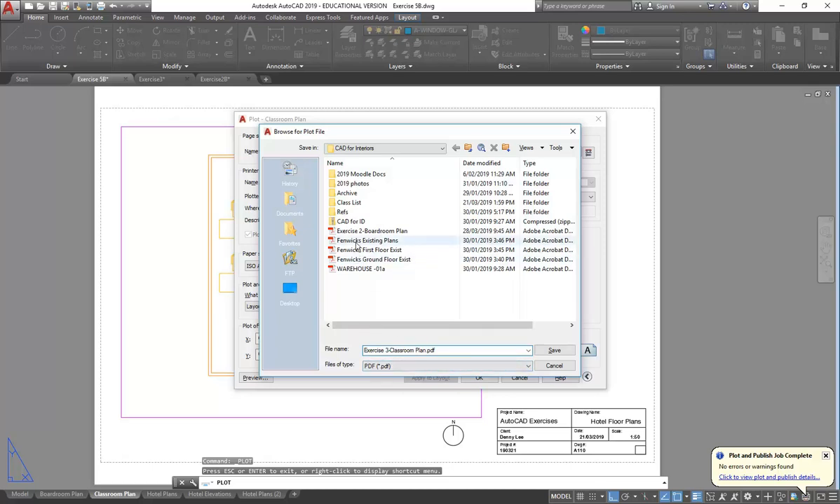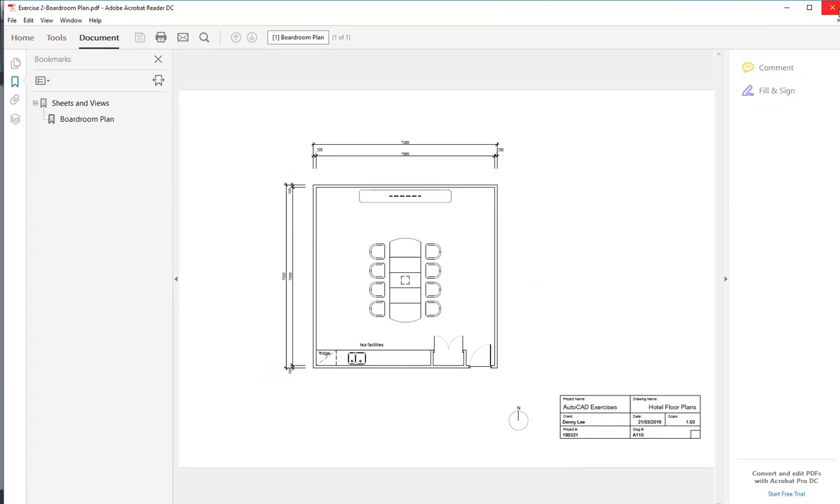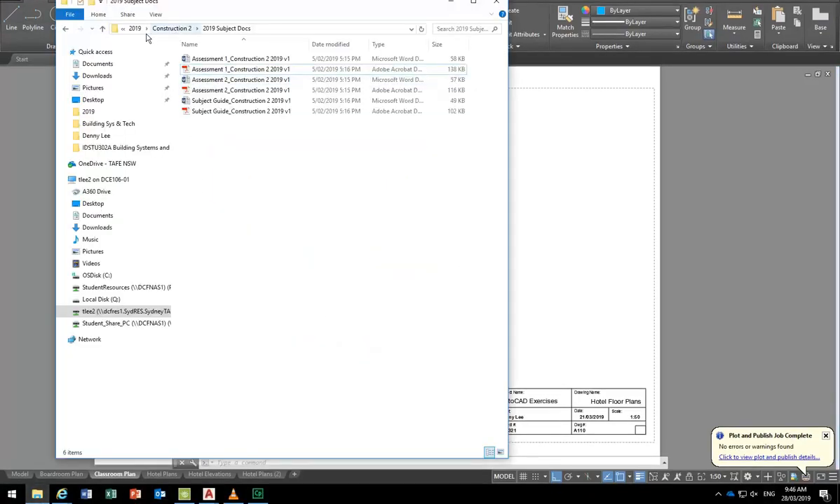Not that these file names really matter because we're going to combine them all anyway, but it always helps just to make it clear. And so I'll close that one as well, close the next one. Now, if you know Acrobat, you'd know that you can combine